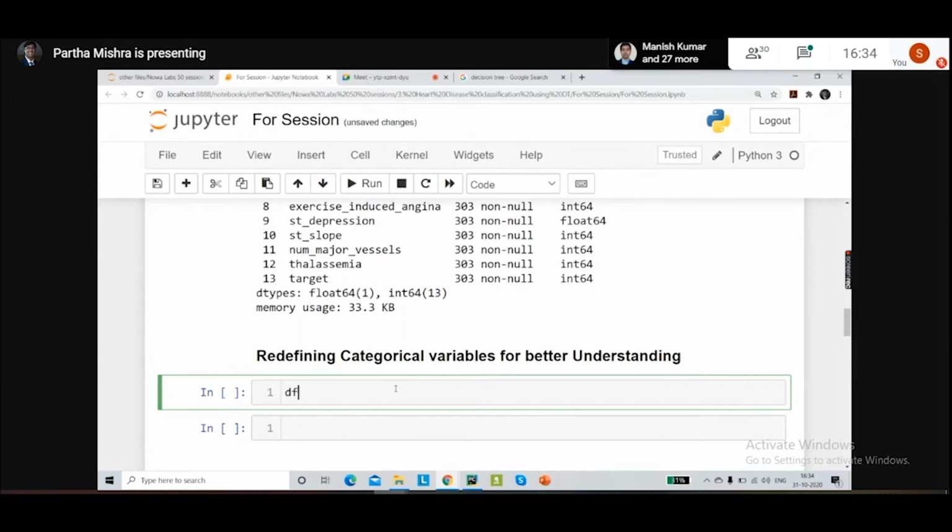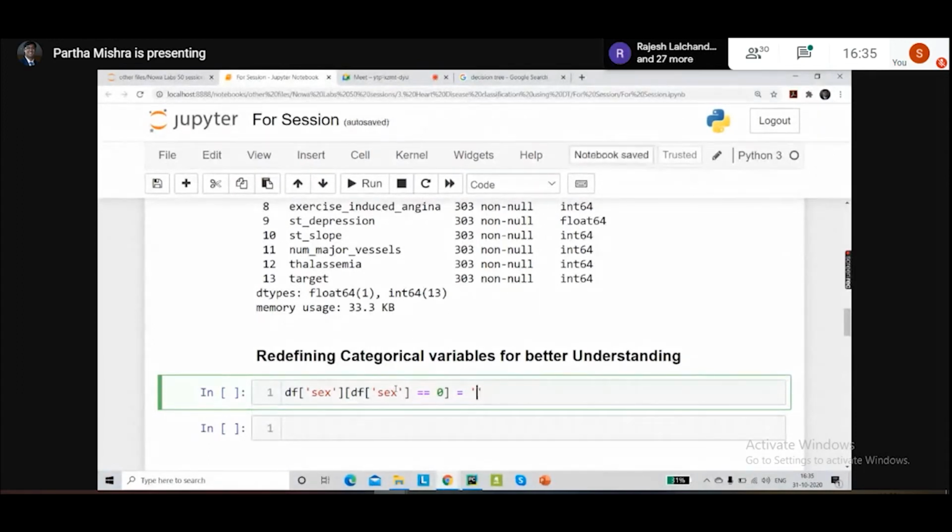So I'll start off with gender itself. Okay, and I'm going to take the help of filtering. So wherever the value is zero, we know Python takes the help of alphabetical order.